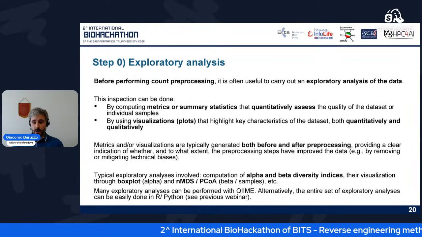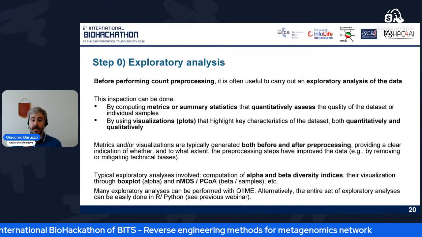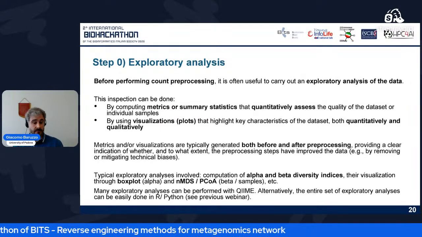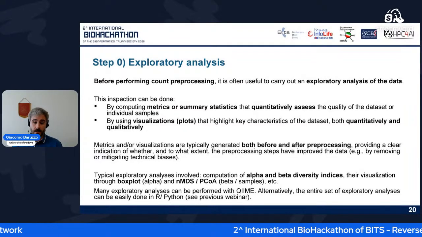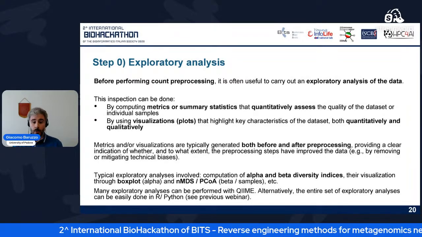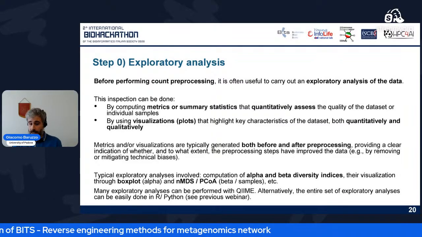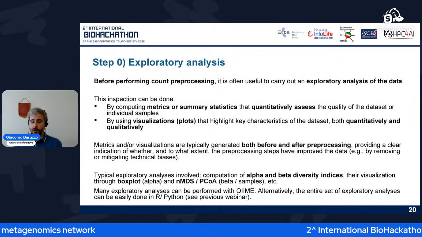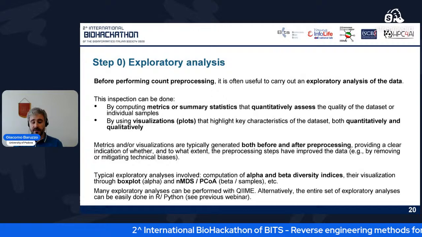As you saw in the previous webinar, you can do many exploratory analyses. For example, you can think about computing alpha or beta diversity indices and then plotting them with box plots for alpha diversity indices. Or use dimensionality reduction techniques like PCoA or NMDS to see in a lower dimensional space all the different samples. This is very common, for example, for beta diversity. All the analyses, again, as you saw in the previous webinar, most of them can be done by QIIME. For sure, all of them can be done once you move to R and Python and you install the dedicated